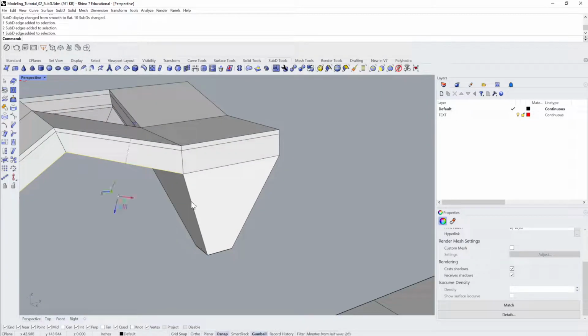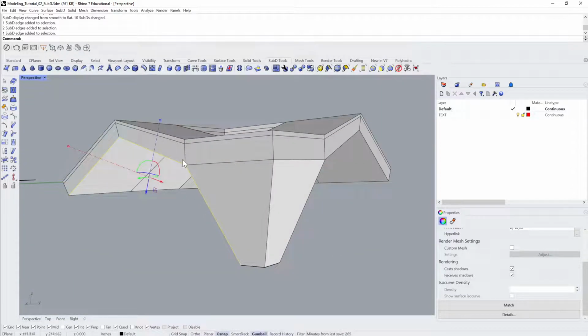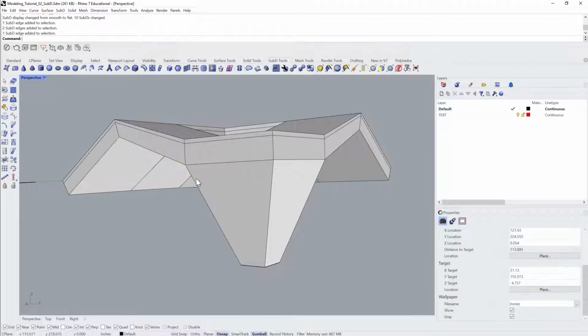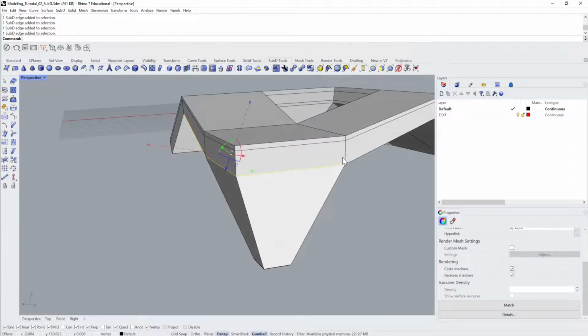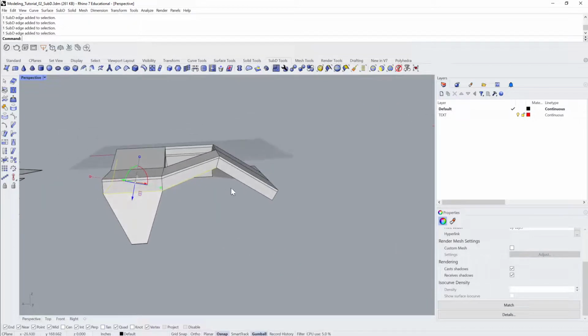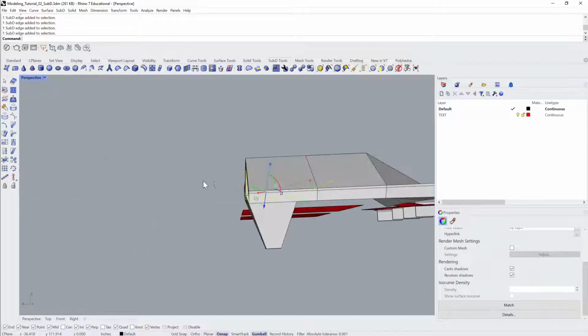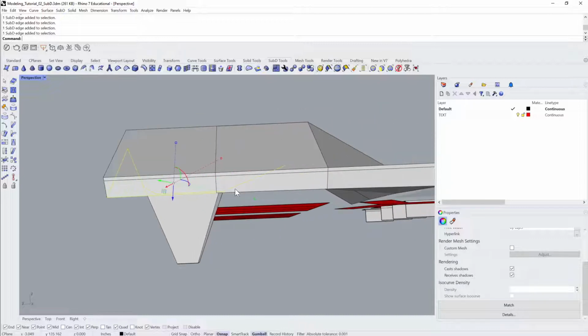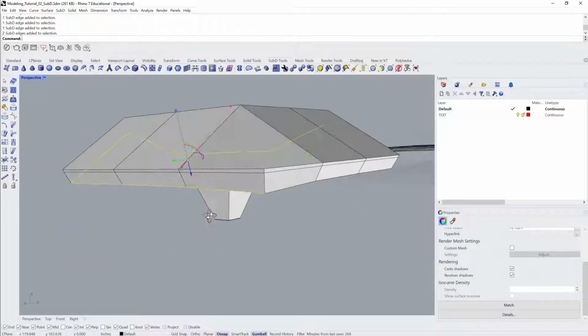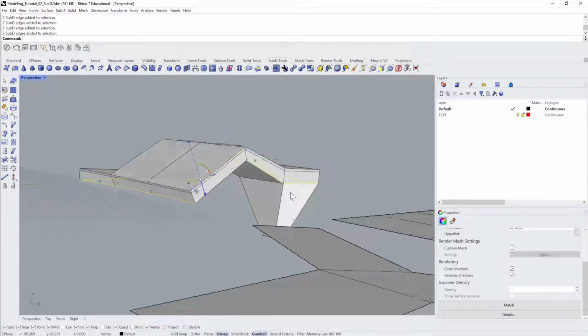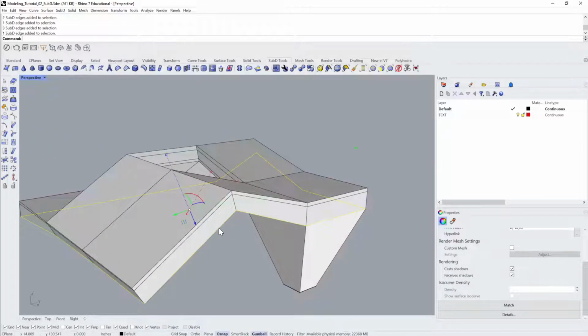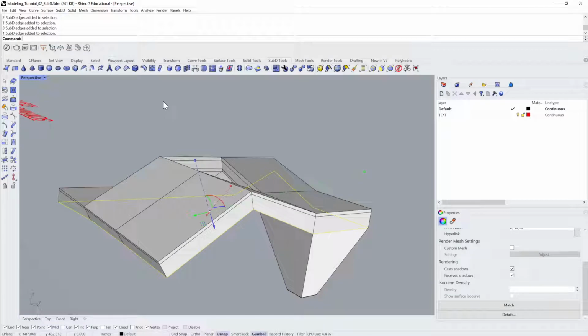Okay, this is going to be an interesting moment here because, you know what, let's just keep this. We can add that edge loop on top of that, and that's not going to hurt anything. It's actually going to be a good thing. Double click that and double click this one, and I think I have everything I need. No, I'm missing that one. Okay, now I'm going to insert the edge loop again, so I can grab that here,